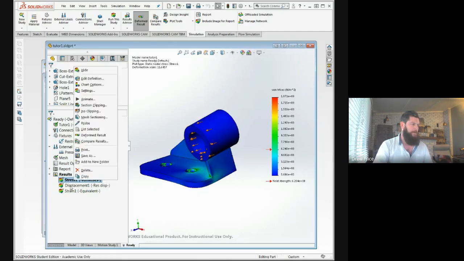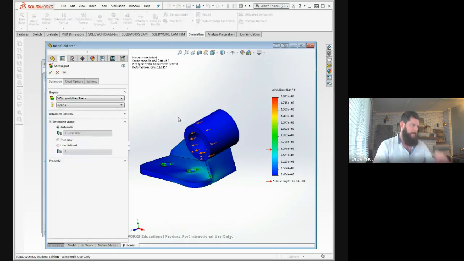So if I right click on my particular result area and go edit definition, like where we talked about, you can change the deformation scale. I can also change the units and the display of what this means. So right now I'm looking at the stress chart. And the stress chart for this particular simulation is showing the color chart for what the stress level is in